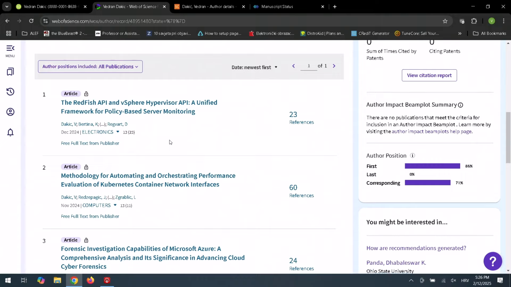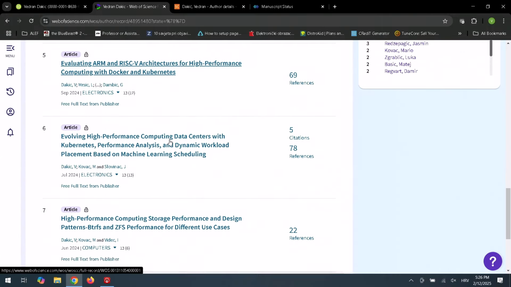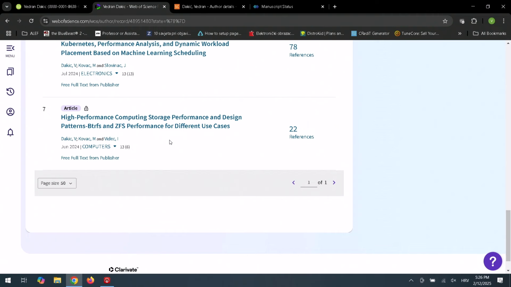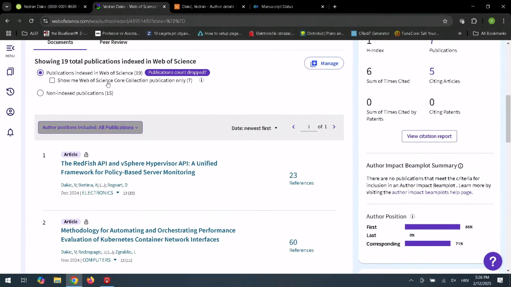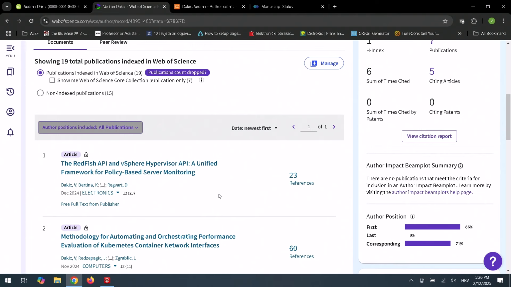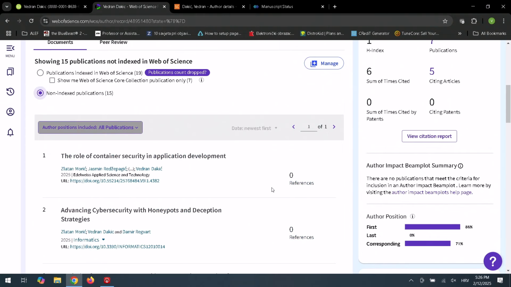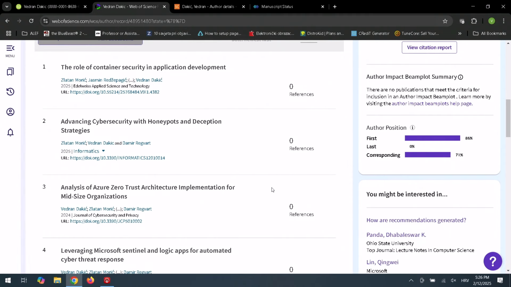Okay, so let me just go back to this. In my Web of Science profile, I have a stack of papers that I published, most of them this year, or let's call it this way, in the previous year. You can also look at the publications that are not indexed by the core collection. They're usually in the SC index, which is the door towards having SCI expanded, or they're not indexed at all in Web of Science. And you have non-indexed publications as well. These are the articles that are not going to be indexed by Web of Science at all, but they're there as a courtesy, or maybe on the way to becoming indexed as well.